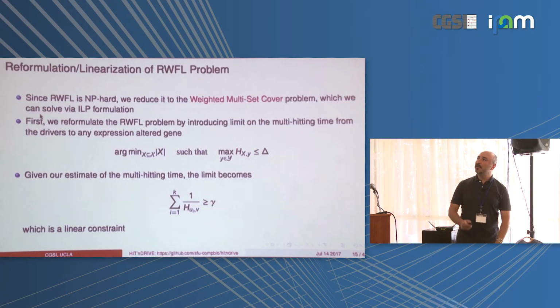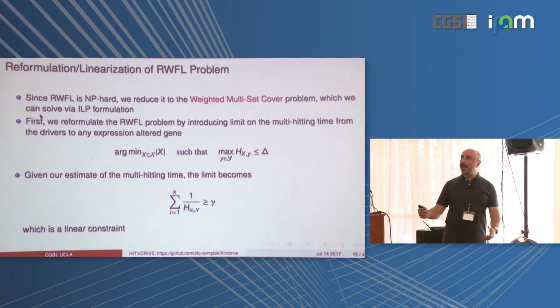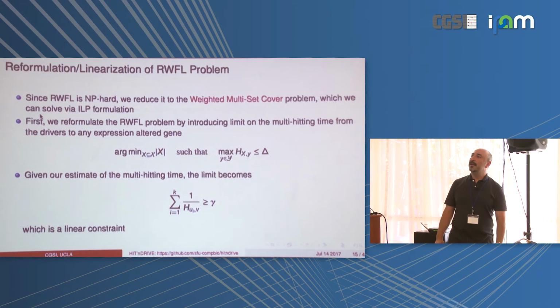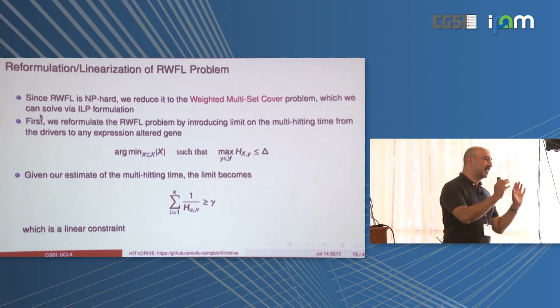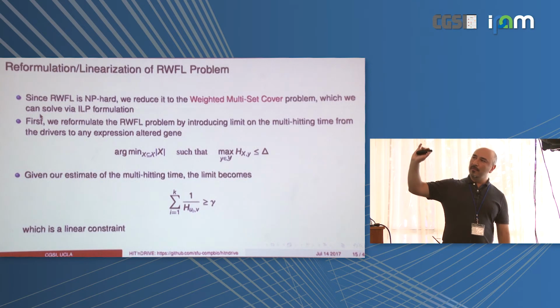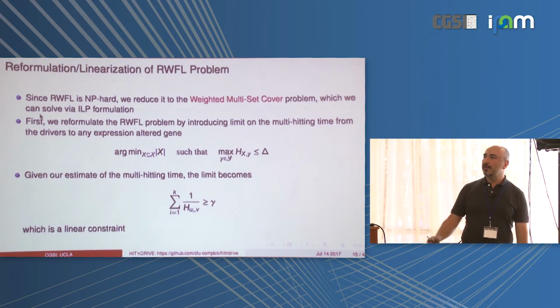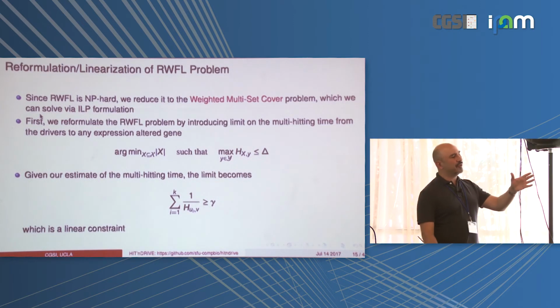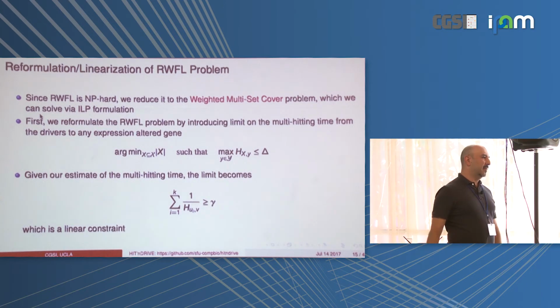Anyway, so let's reformulate the random walk facility location based on this linearization. We are going to reduce it, based on this estimate, to the weighted multi-set cover problem. And we'll have an ILP formulation for it, an integer linear program formulation. So our goal is, I'm going to change the problem a little bit. Rather than insisting that I pick k drivers, I'll try to minimize the number of drivers, and I'd like